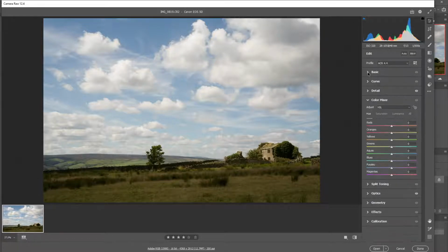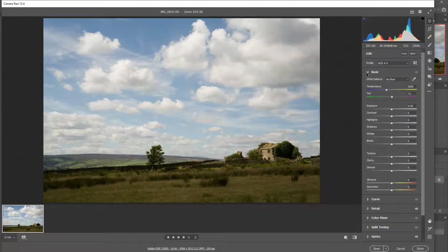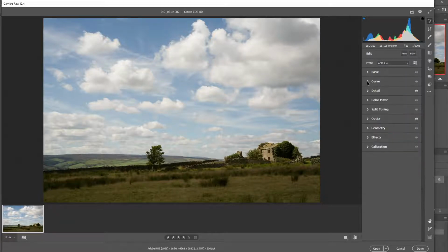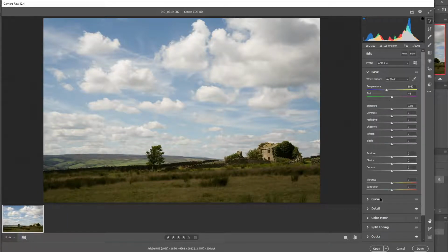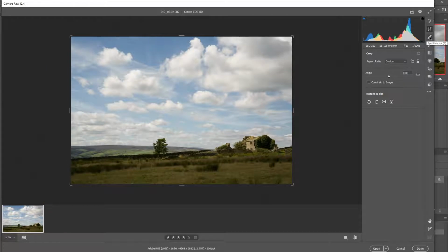These little tabs, for want of a better word, you can just expand as you need them. There's a whole range of different options as you go down. So we're going to look today at the basic one, and we're going to use the color mixer. If I select that there, you'll see what comes up with the color mixer. They all sit within this option up here, which is the edit option, but below that there's a variety of